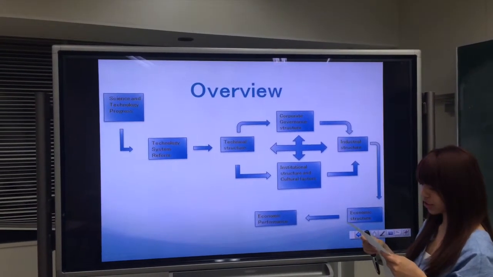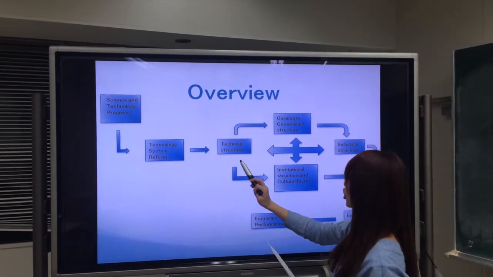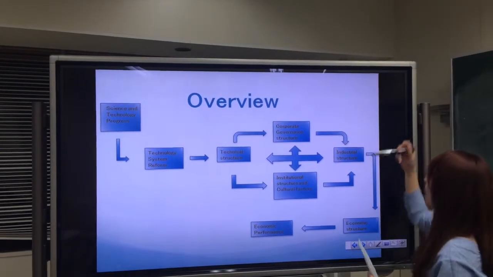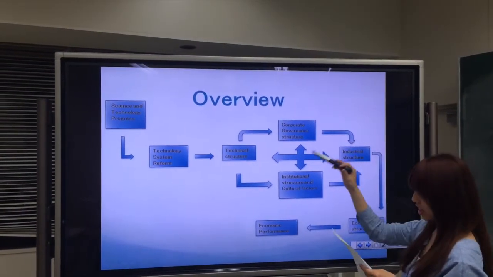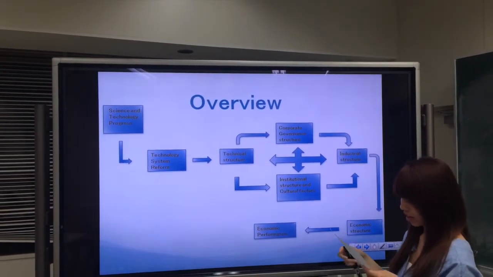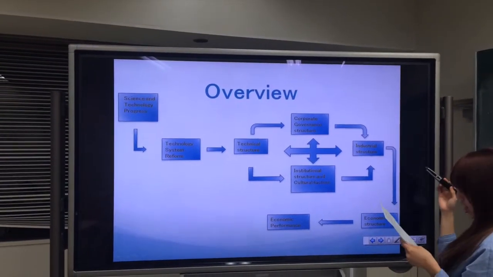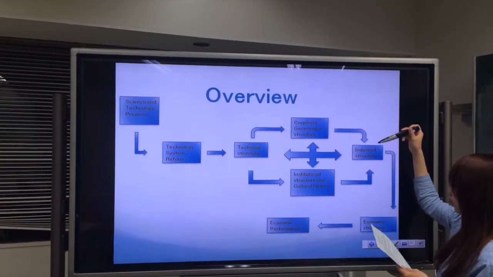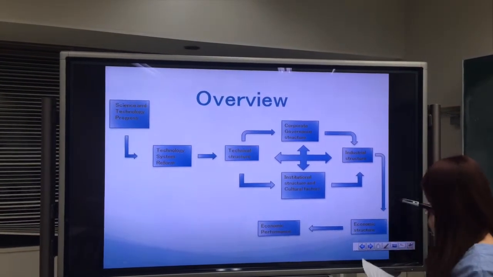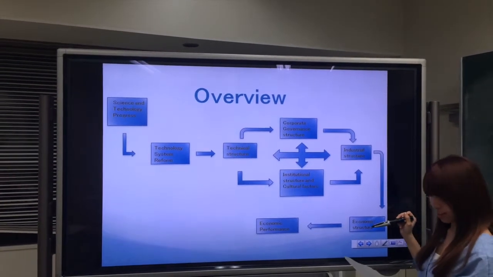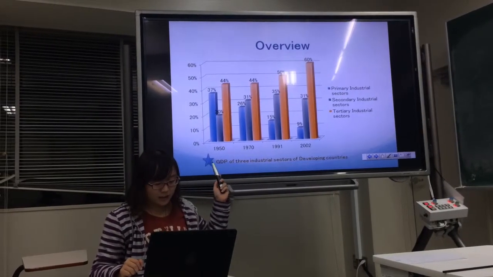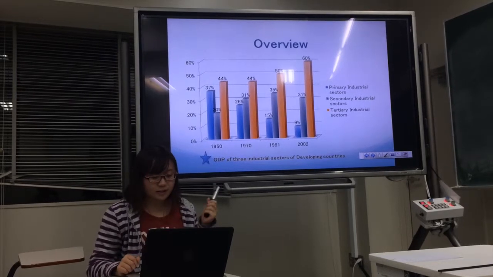Besides, the intersection of technical structure, corporate governance structure, institutional structure, and cultural factors and industrial structure is the key element of technological development. So let's continue what I just mentioned. After the change, industrial structure will gradually affect the overall economic structure, then it will finally be reflected in the real economy. This is a chart about the change of the industry structure of some developing countries.